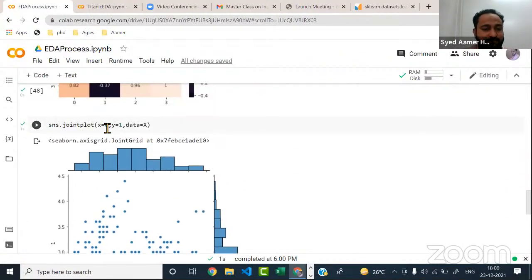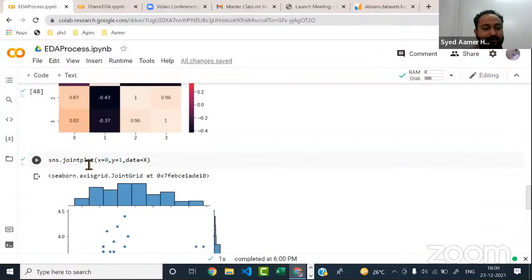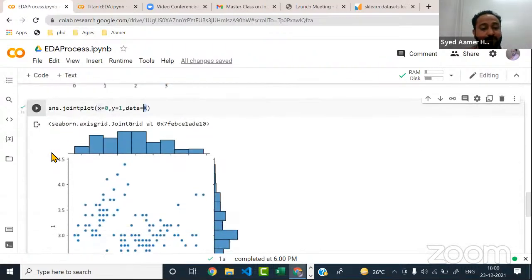So see it here, guys. What I have done is given it two values, that is column 0 and column 1. You have to specify them in joint plot. And you said to take these values of x and y from the data X, so it will go to data frame X and take 0 and 1 from it.